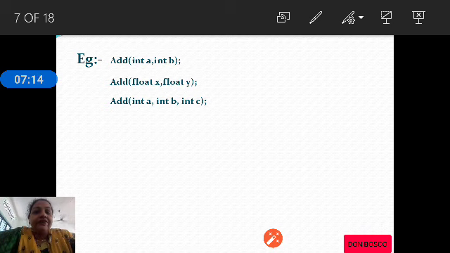So here the add function is overloaded by changing the argument list. If you observe the first two functions, add(int a, int b) and add(float x, float y), both have the same number of arguments, but the data type used is different. Whereas the third function has three arguments, all of integer type.